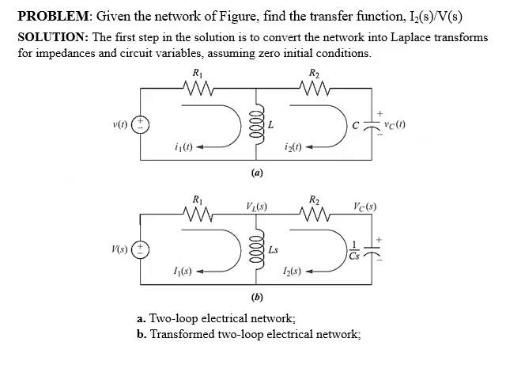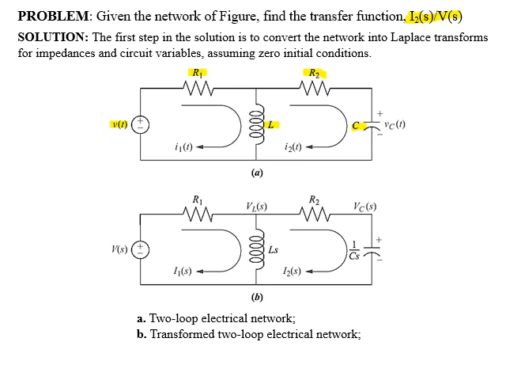Dear students, now we will study with the help of an example how to apply mesh analysis. In the given example, we have to find transfer function I2 of s over V of s, and the given circuit is a two loop electrical network. In mesh 1, we have a voltage source v of t and resistance R1. In mesh 2, we have resistance R2, capacitor C, and in between both meshes we have an inductor.